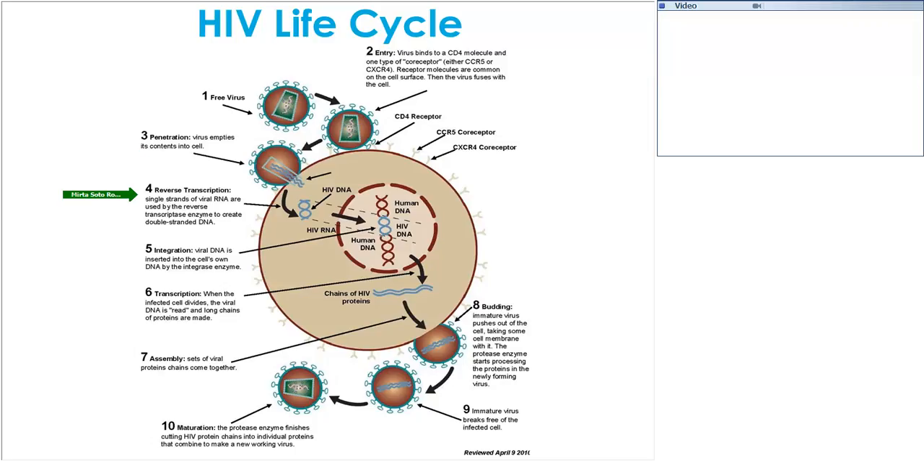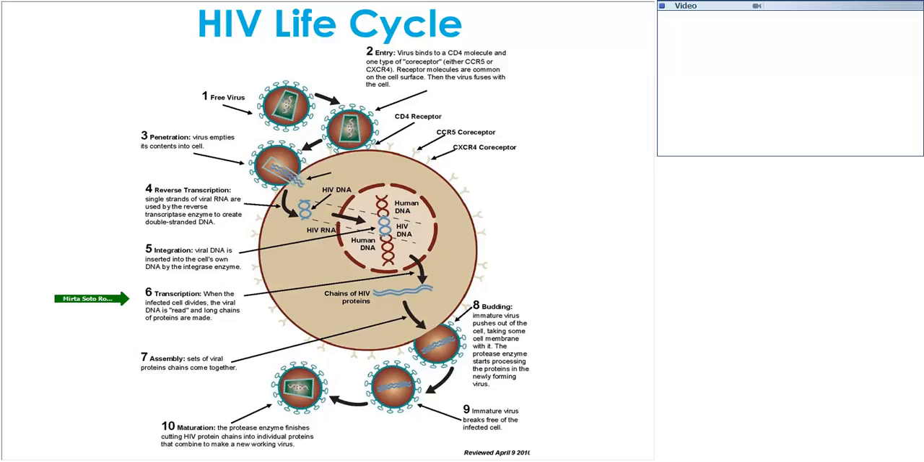Reverse transcriptase is the enzyme that converts the single strand of RNA of the virus into double-stranded HIV DNA. The new HIV DNA must then be integrated into the host's cell nucleus via an enzyme called integrase, which incorporates the viral DNA into the host's own DNA. This integrated HIV DNA is called provirus, which can remain dormant for years. Once the host cell is activated, the provirus